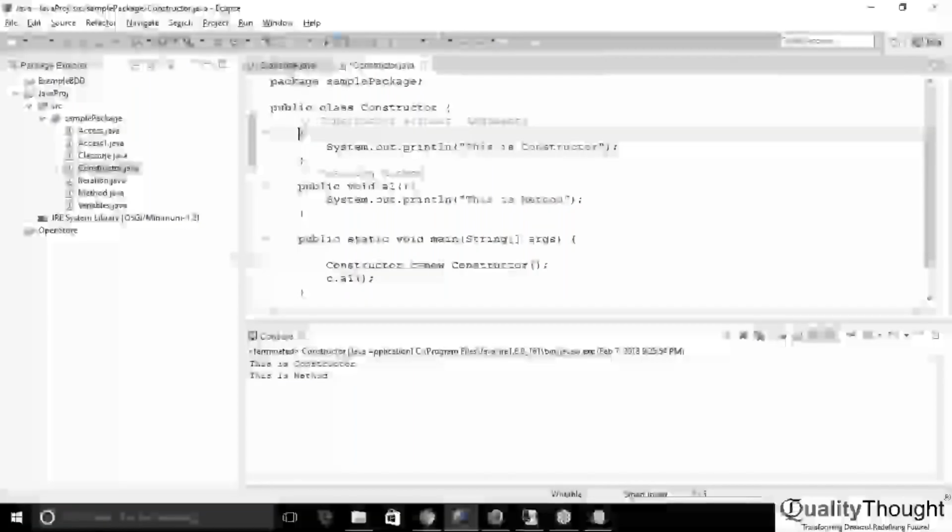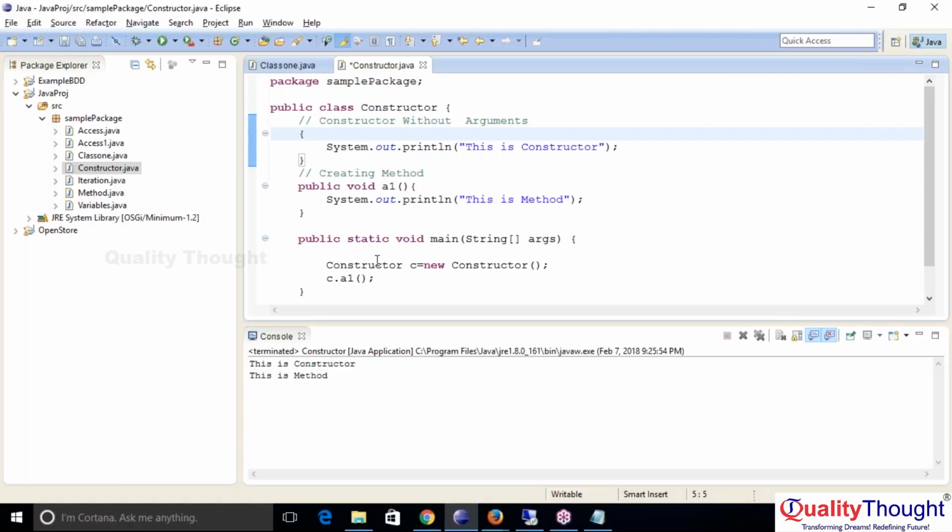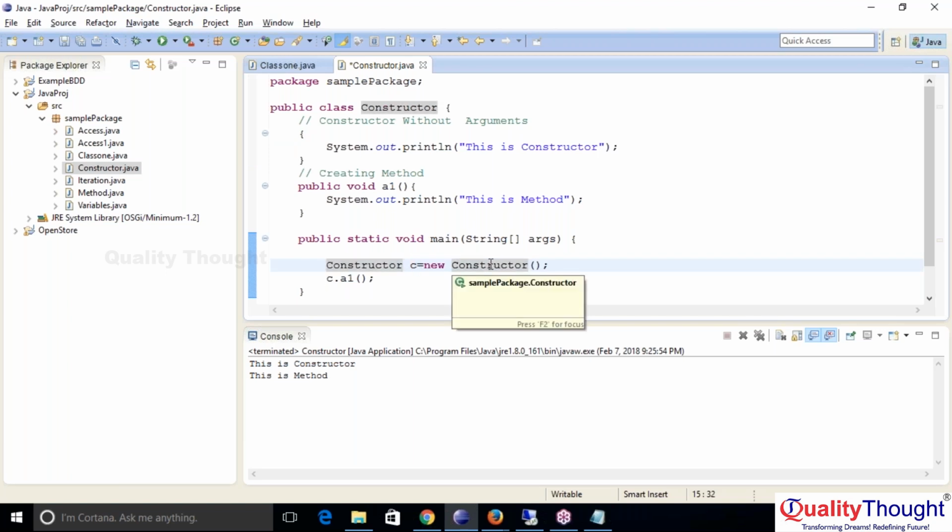This is also just a sample and simple program. This is nothing but a constructor: object name equals new object. Whatever the syntax that we have, object name equals new object. That is what we have written here. So that object name along